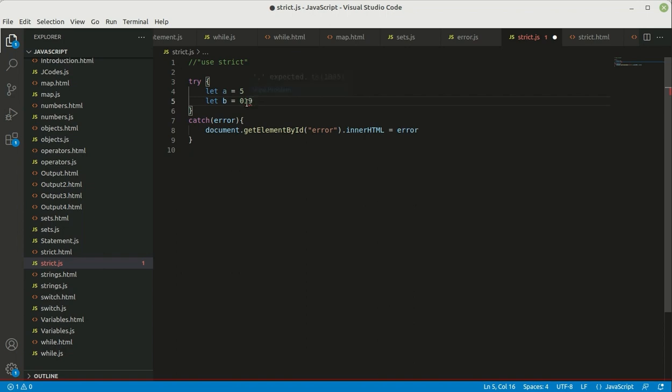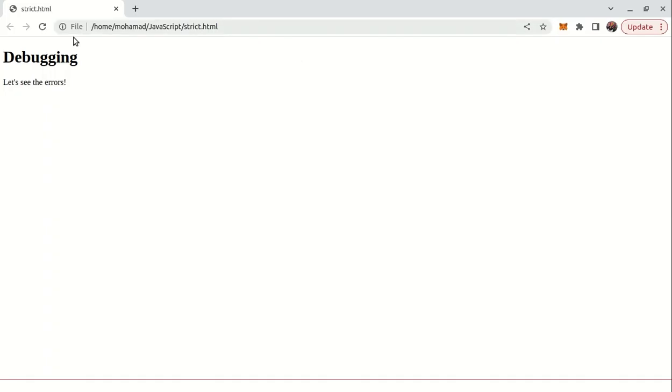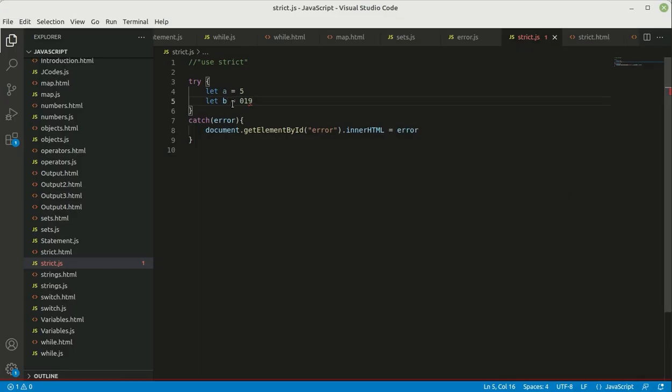You didn't know that you were writing 0 before 19, so it becomes 019. Then let's save this, go to the browser, and refresh the page. This should show us some errors. Why doesn't it do that? So the main reason should be,